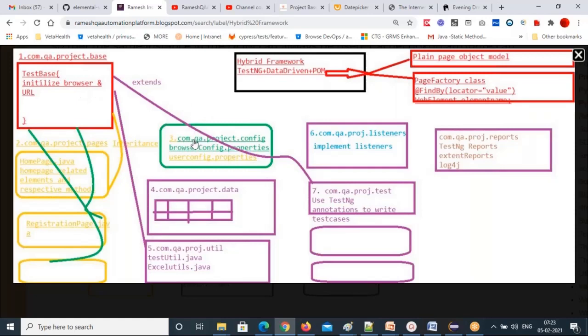That's the third component. And the fourth component is, if you are doing data driven testing, you need data, right? You need to store the data in Excel sheet formats. So that's the fourth component, com.qa.project.data, which contains all the data related files, either Excel sheets or CSV files or whatever file format you store the data in. Those kinds of files you can put under this component. And then the fifth component is